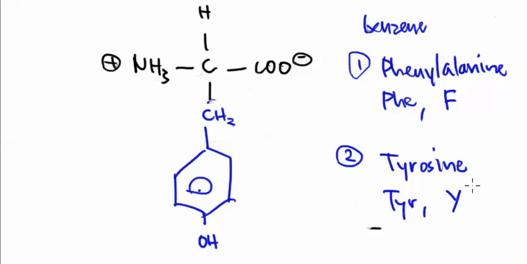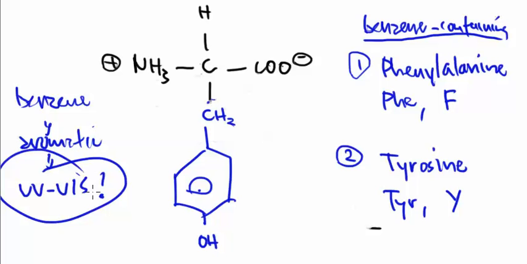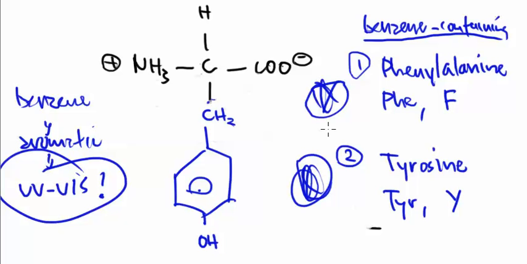So these are the two amino acids that are the benzene-containing amino acids. So phenylalanine and tyrosine. Now, the good news here is that they contain benzene rings. So benzene is aromatic. And aromatic means UV-vis. Okay, so I'm going to put big stars beside of these two